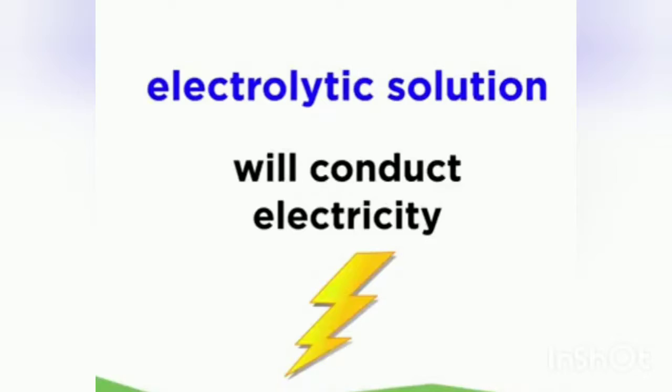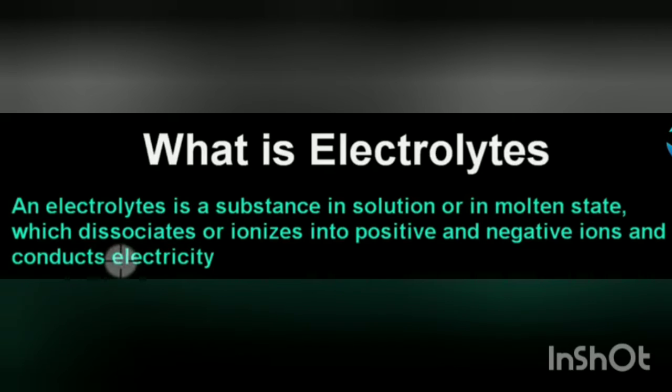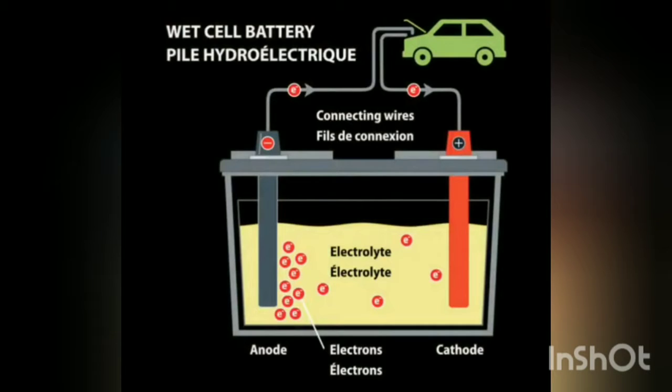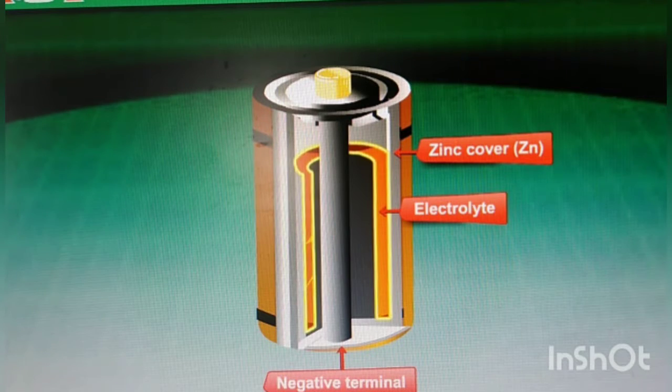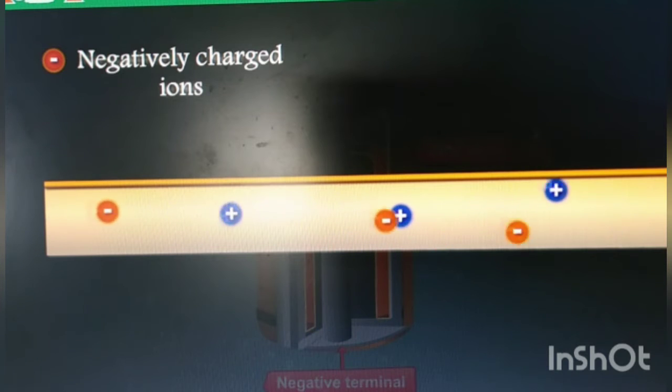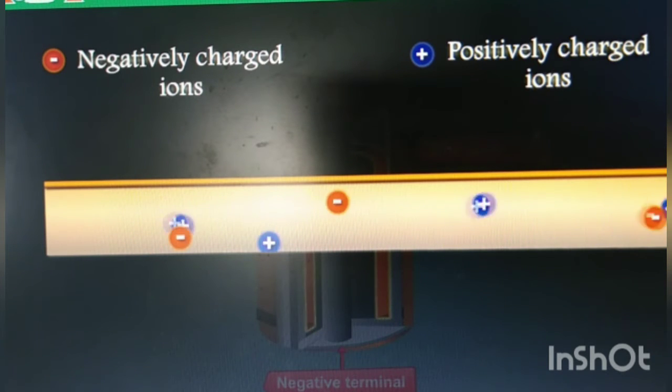Electrolyte means a substance that, in solution or when molten, ionizes and conducts electricity. A dry cell uses a paste electrolyte with only enough moisture to allow current to flow, unlike a wet cell. A wet cell is a cell with a liquid electrolyte. A dry cell can operate in any orientation without spilling as it contains no free liquid, making it suitable for portable equipment. The electrolyte contains negatively charged and positively charged ions. These are the carriers of electricity.